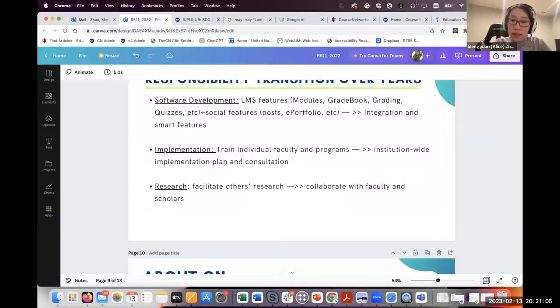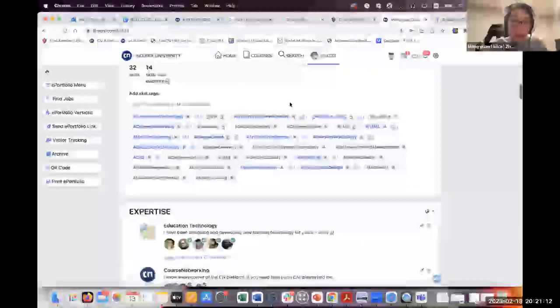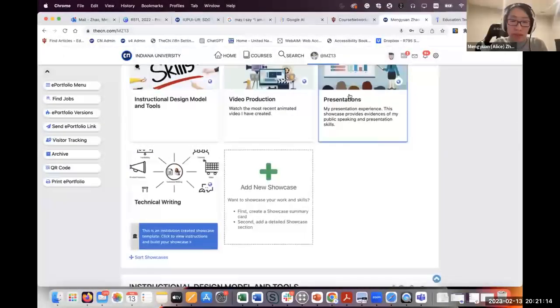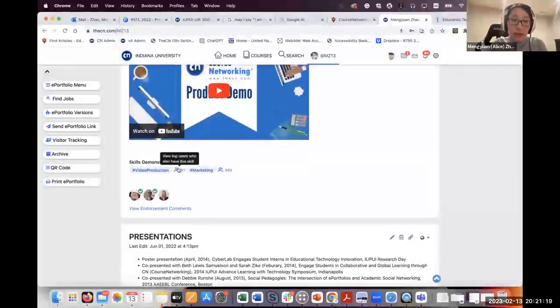On the CNE portfolio I showed you earlier, we have a very important feature to have students tag their skills. Like they create a showcase, and then they can tag the skills demonstrated in that showcase. Many learners somehow don't tag skills, but if they don't, this will hinder their interactions with others on the platform, and also prevent portfolio viewers from filtering relevant evidence artifacts.